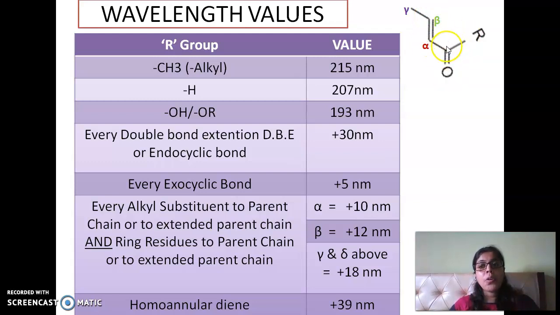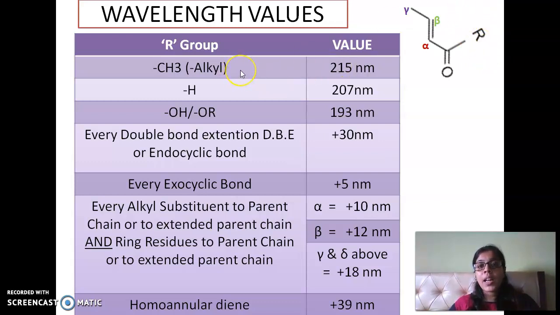Now C=O has a next carbon which is the alpha carbon and then the beta carbon. So if this is a parent somewhere in the organic compound, I have to go and follow the rules of carbonyl compounds and not the dienes. Now the question is here the R. The R changes and gives us different functional groups.